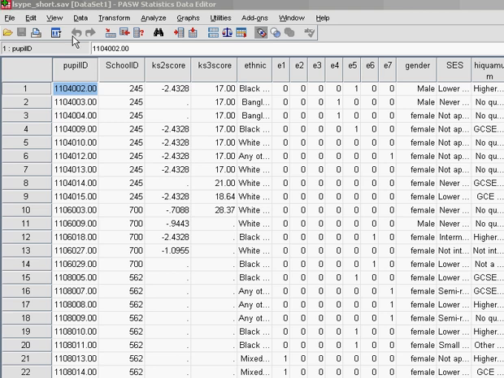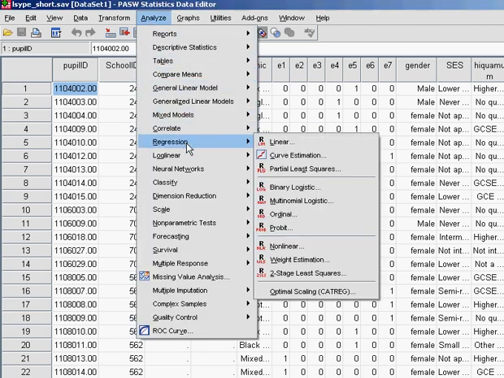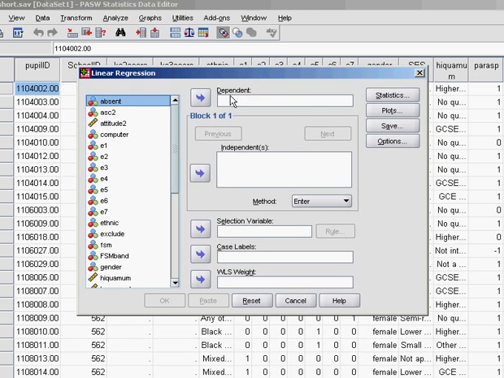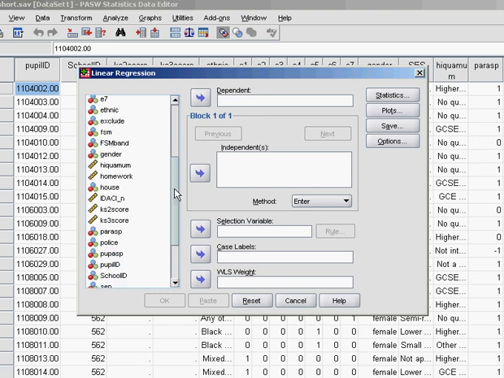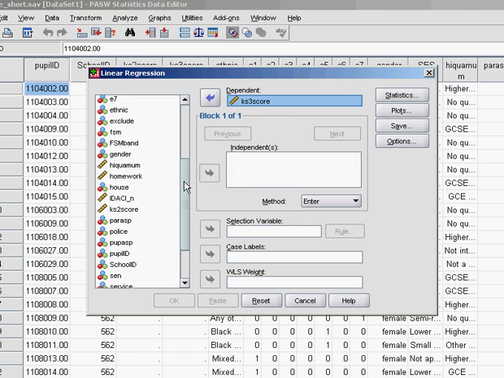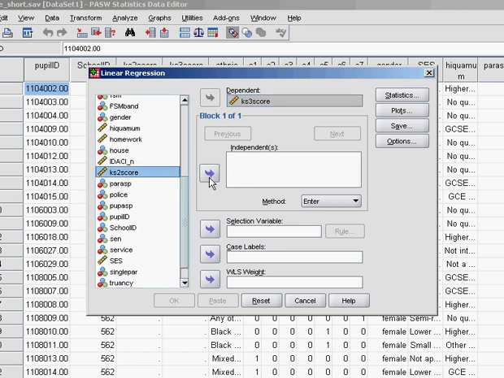Okay, now that we've had a look at the scatter plot, I think it's time to move on to do the simple linear regression. Now, if we go up to Analyze, then down to Regression and along to Linear, we'll get this menu here. The dependent variable is the same as your outcome variable, so if we move Key Stage 3 score into that box, and the independents are the predictor variables, so we'll move Key Stage 2 into that